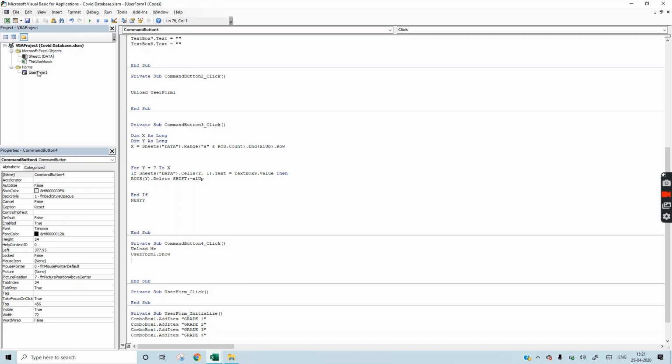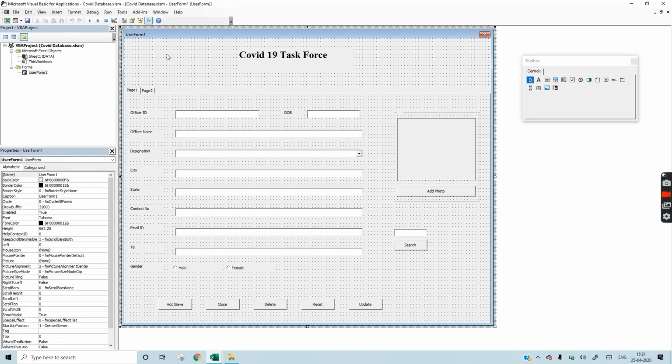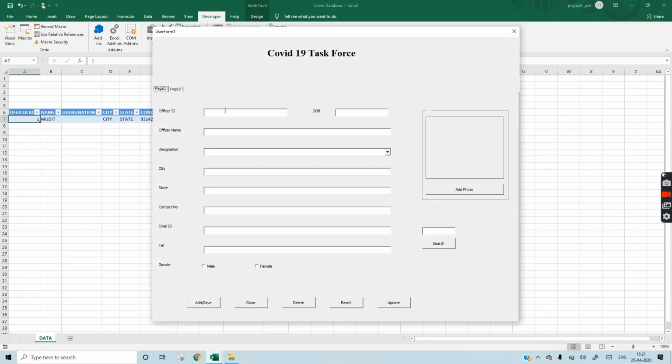Let's check if it is working or not. We'll press the run button. We'll write officer ID as 2, ABC. Now whenever we press the reset button, it will clear all the data in this user form. So it's working perfectly. So close this.